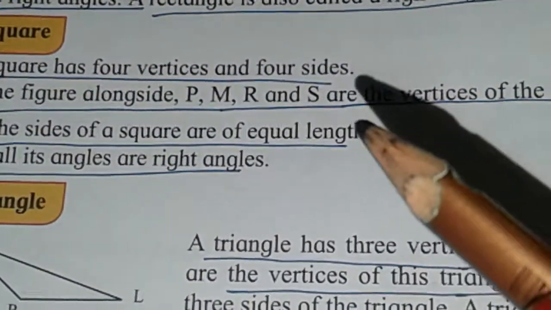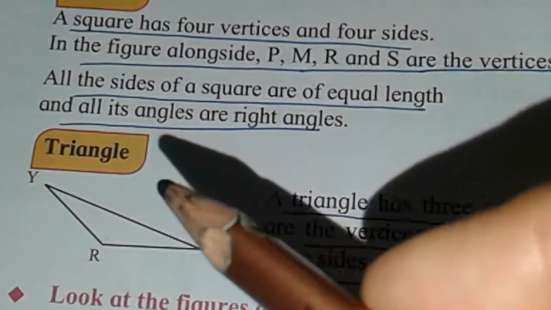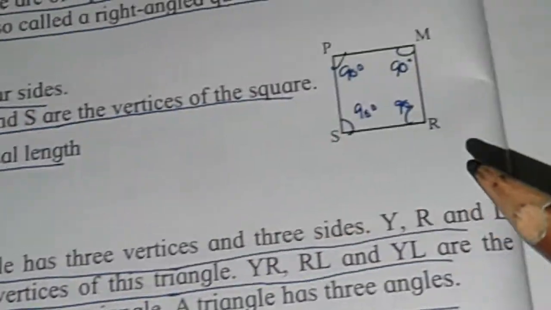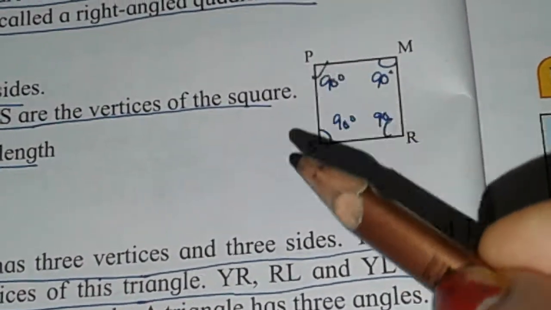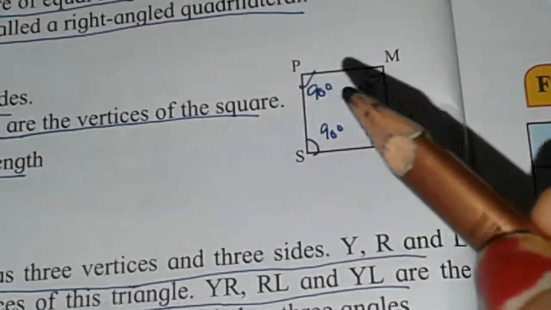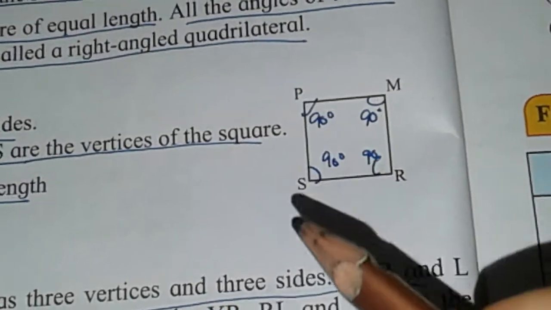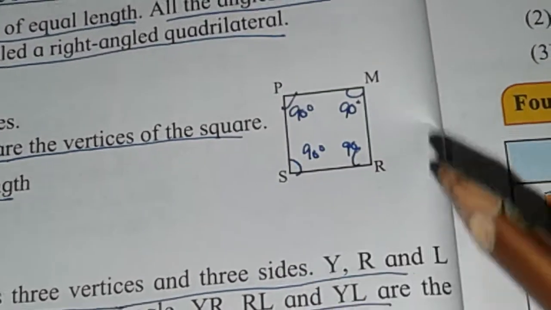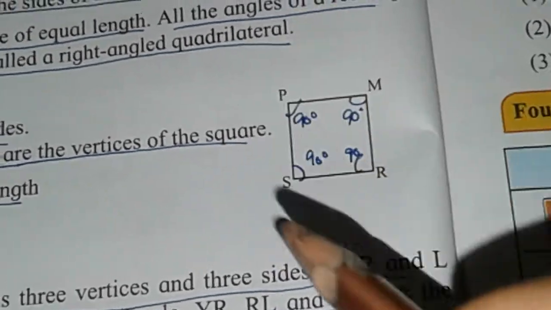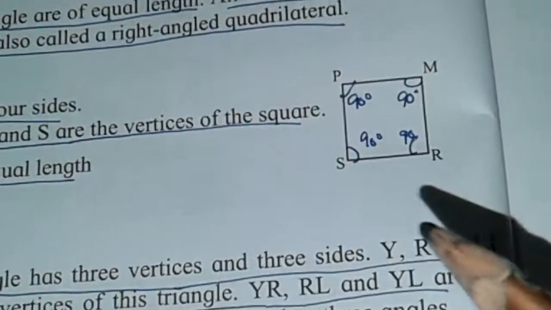Now the square also, you know, a square has 4 vertices, 4 sides. In the figure, P, Q, R, S are the vertices of the square, and all the sides of the square are equal in length, and all its angles are right angles. Same properties as the rectangle apply to the square. The 4 sides, then vertices are there. I told you a vertex is a joining point, same thing. Then edges are 4 sides, corners are 4, and it is also making 90 degrees like this. Only one difference is there. All 4 sides are equal, like 3, 3, 3, 3. So this is the only difference between the rectangle and the square.